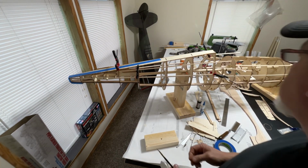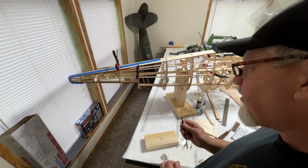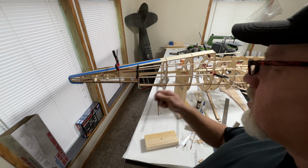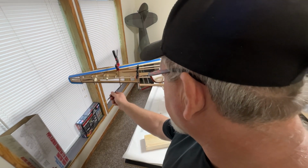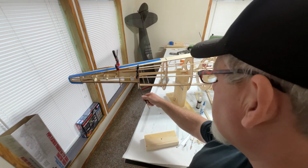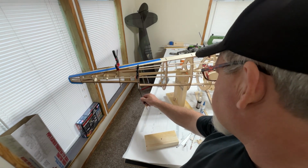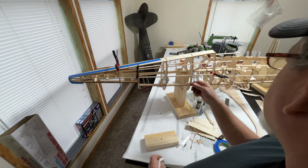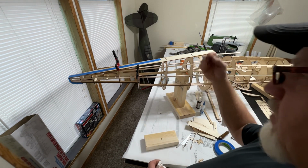Alright. So the rear tail sections together mostly. There's some more that I gotta put. There's one here that goes to here. And then these stop here and go forward. Those gotta get done. Just has to dry. Cut these off, and then I'll probably flip it over,